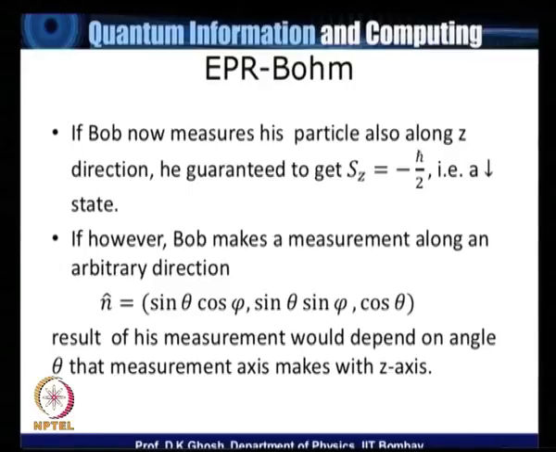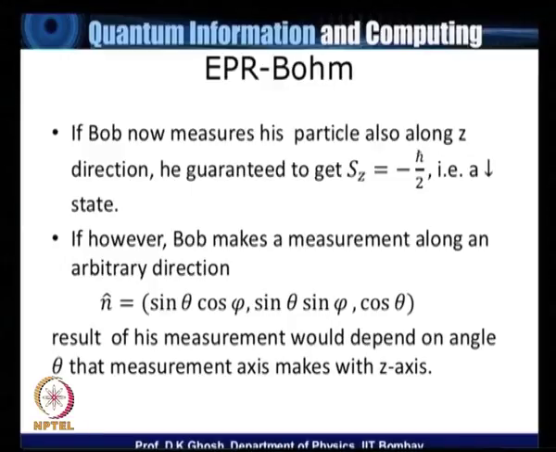Then we said that if Alice measures her particle, that is particle number 1, along the z direction and gets Sz equal to h cross by 2, Bob, measuring along the z direction too, is guaranteed to get Sz equal to minus h cross by 2, a down state. In other words, there is perfect anti-correlation between Alice's measurement and Bob's measurement, even though the two are measuring